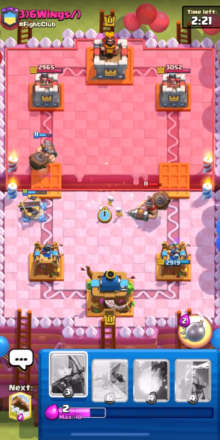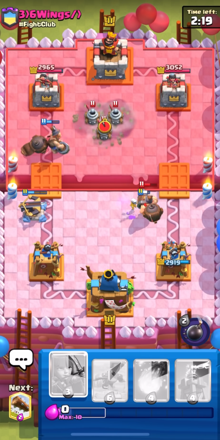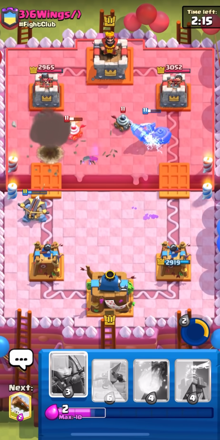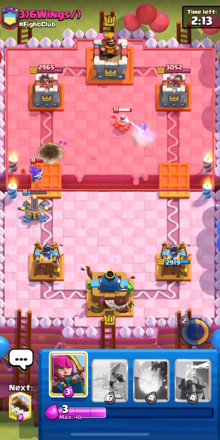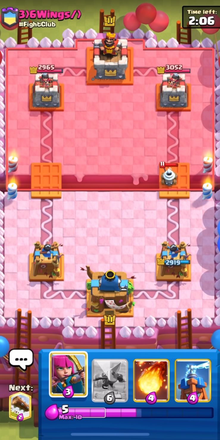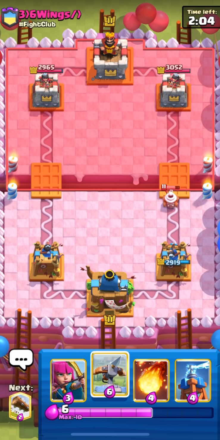And skeletons are actually super good at distracting the Mighty Miner, kind of like an Inferno Dragon and Inferno Tower. They just tank for a decent amount of time. So it allows my Expo to DPS it down before he has the opportunity to use the ability or anything. And I think I'm gonna take the one Zappy hit